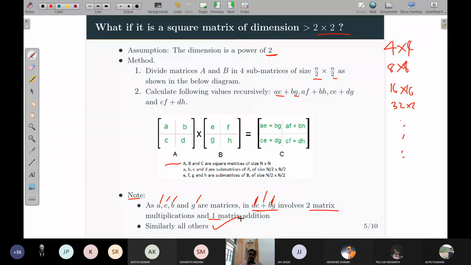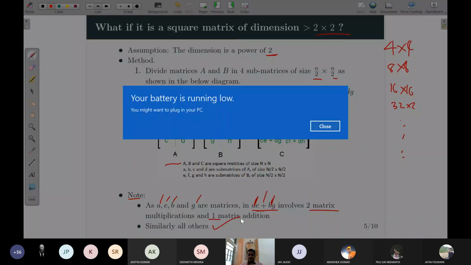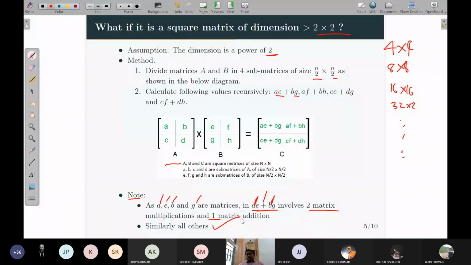So this idea, you have to convert it into a recursive algorithm, because divide and conquer is closely related to recursion. I told you, divide and conquer is closely related to recursive algorithms. And recursive algorithms are closely related to recurrence relations. Okay, we should move fast.